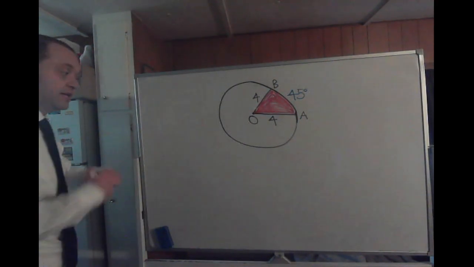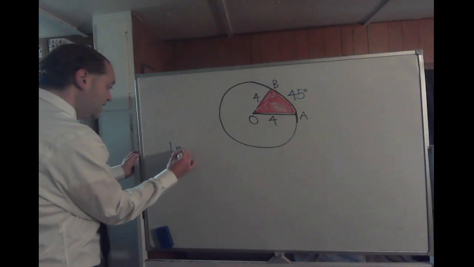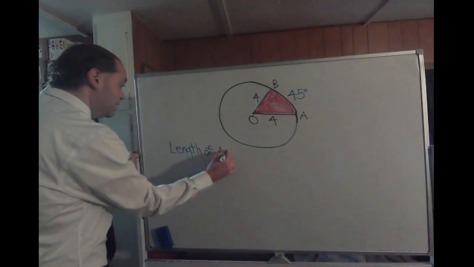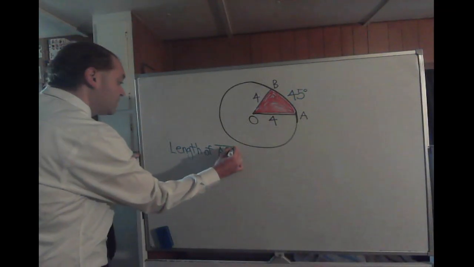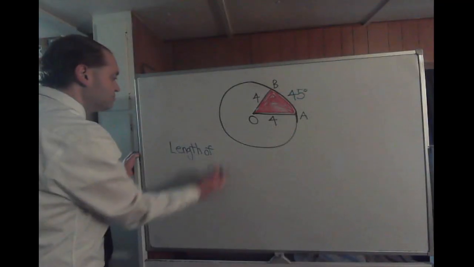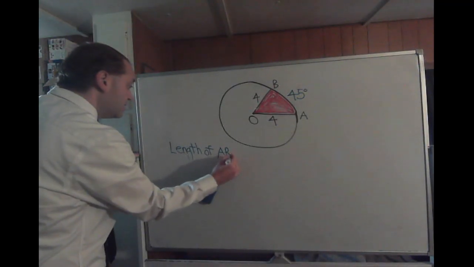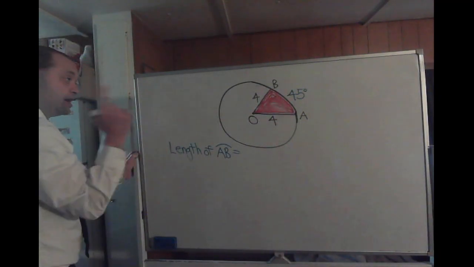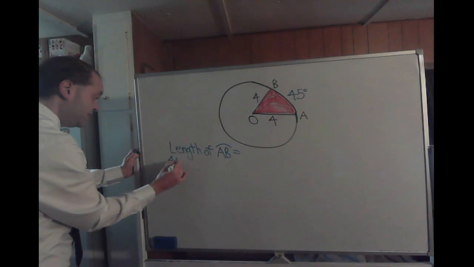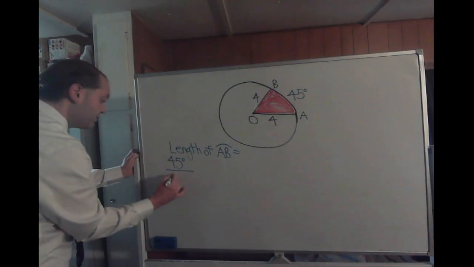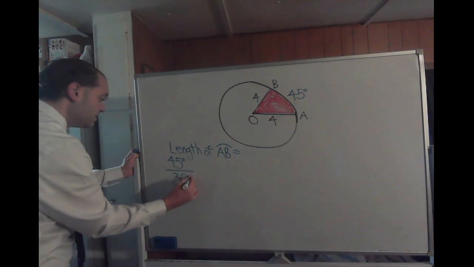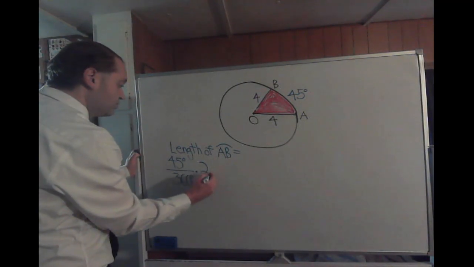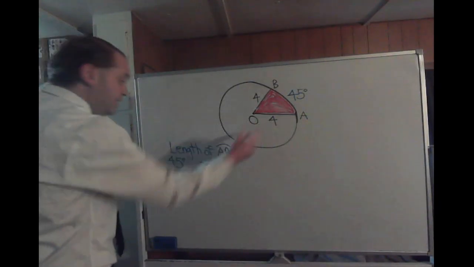First, let's find the arc length of AB. So the length of arc AB, whoops, I almost said segment AB, excuse me. This needs to be arc AB. That's equal to, of course, the number of degrees of the arc, which in this case is 45 degrees, out of 360 degrees, times the formula for the circumference of a circle, which would be 2 pi, times your radius of 4,